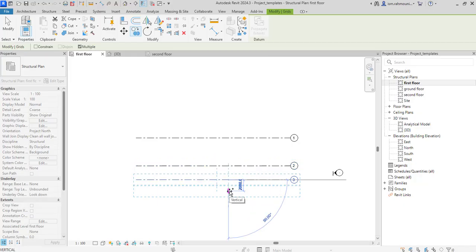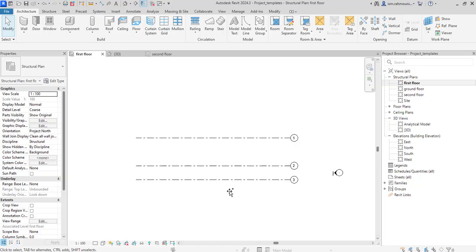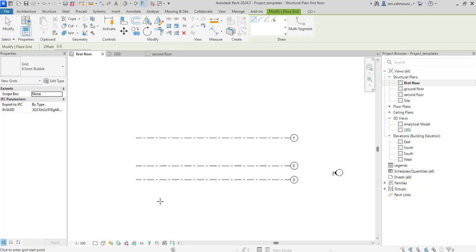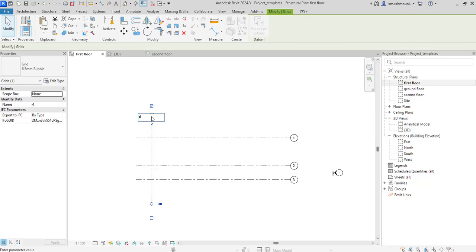Now, type G+R again to create a vertical grid named A. Click the grid and change the value to 3,000 mm from the first grid,